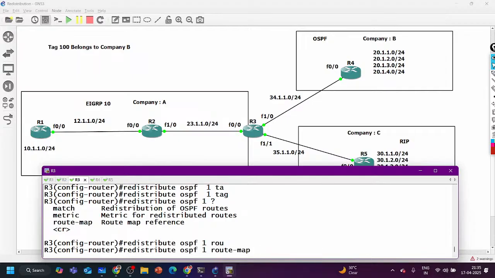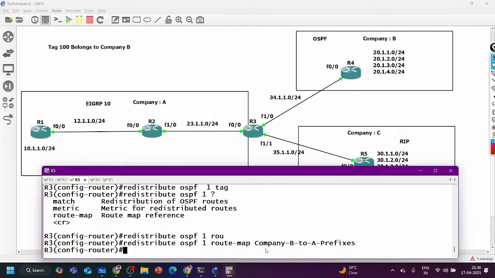Let's say I have one route map with the name Company B to A prefixes. What is the name of my route map? Company B to A prefixes. And now guys, I will create this route map. In this route map I will add the tag value.